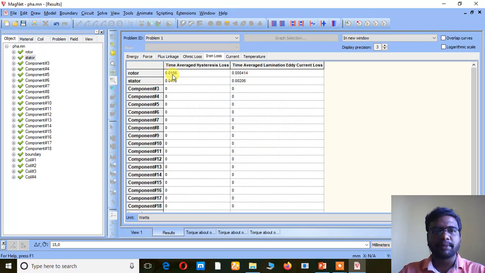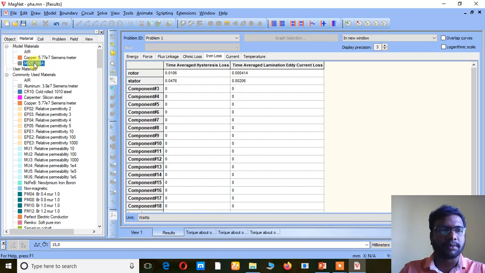See 0.01, 0.04. So what happens? The rotor is getting a higher value of iron loss. And here also see the eddy current loss has increased. Previously it was 0, 0, a lesser value, but here there is some more value. So this depends upon the laminating material.